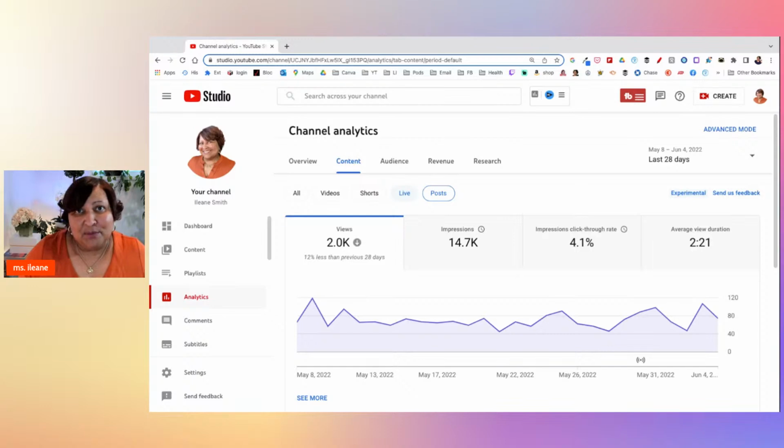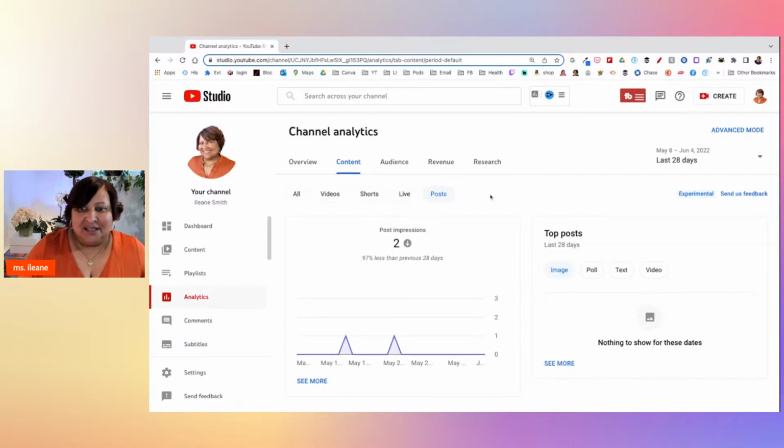I have experimented with it some, but just so you know, there is a separate way to view your posts on the community tab. It even lets you separate out image versus polls versus text versus video. I think that is amazing.